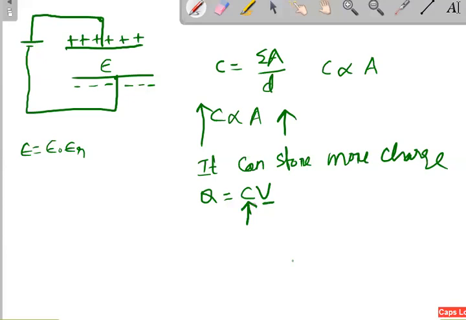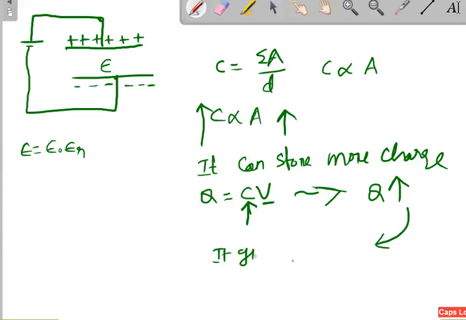You cannot just increase the capacitance value. If you want to increase it, the dimensions have to be increased, that is, the area of the plates has to be increased. Then the total charge can be increased. Once the charge available with you is more, you can operate another circuit with the help of this capacitor for a longer time. So what is the advantage? Once Q is more, it gives current in return for a longer time.